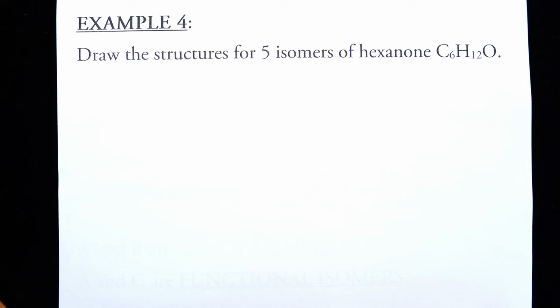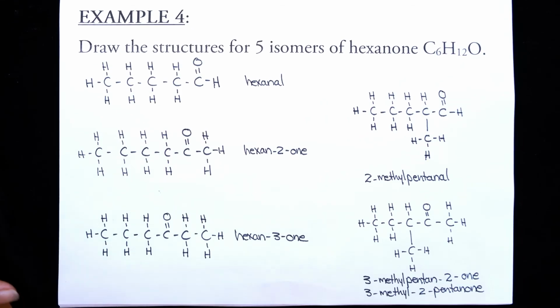For example number 4, you must draw 5 isomers for the molecular formula C6H12O. There's 1 oxygen, so these will be aldehydes and ketones. Pause the video, try to draw 5 isomers, and we will review in a while. Here are 5 structures for